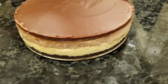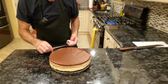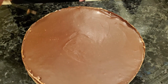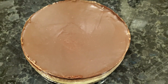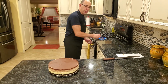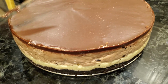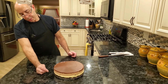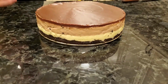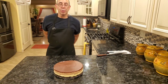Alrighty. I'm also going to just trim this a little bit. Just keep my knife up. When you're working with icing, it's always good to work with a little bit of a hot knife. That's pretty good. It's not going to be perfect, but not bad. Anyway, we have an Oreo cookie base, white chocolate mousse, milk chocolate mousse, and a milk chocolate ganache layering. So I'm going to cut this up in a little while, and I will show you what it looks like when it's